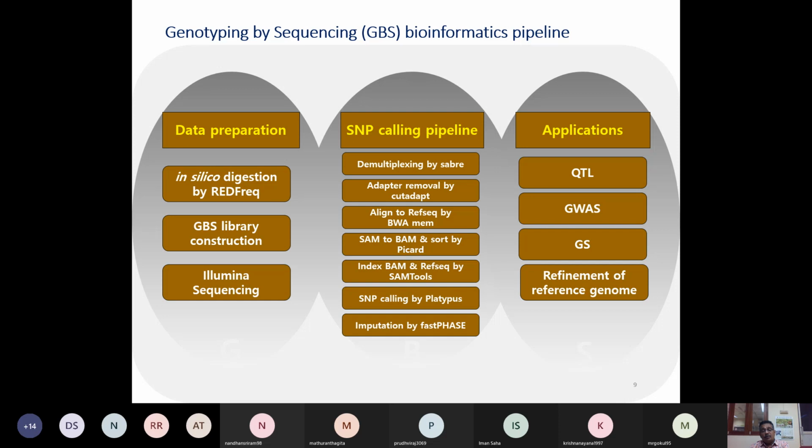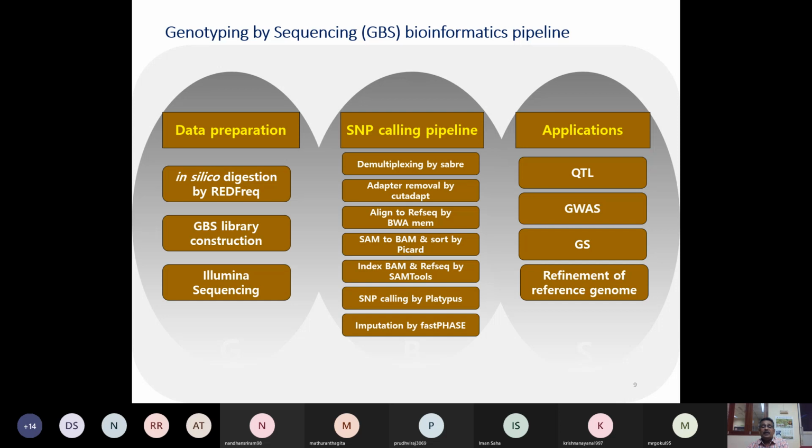So these are all the tools you definitely have to learn nowadays. Bioinformatics tools are a necessity nowadays. When you get the raw sequence from the company, you have to use some of these tools to align your sequence, and then you have to filter your SNPs. Then we can go for application.